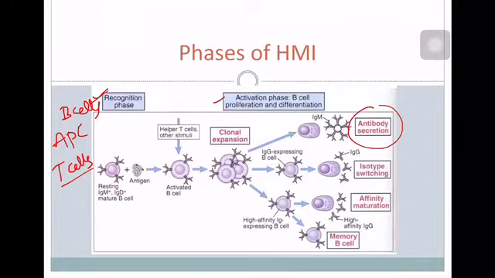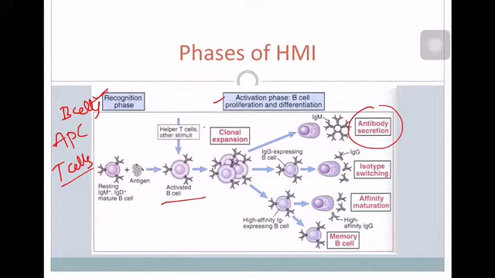The activated B cell is produced after binding of an antigen to the B cell which is in circulation. As the B cell is activated, it undergoes blast transformation. That means it includes the steps of clonal expansion. Clonal expansion means it produces clones, activated copies of the B cell.